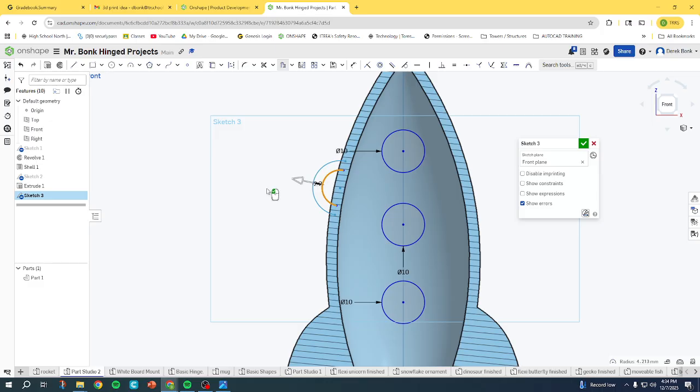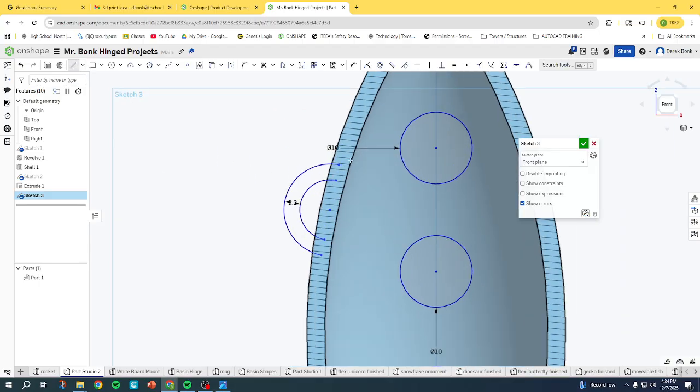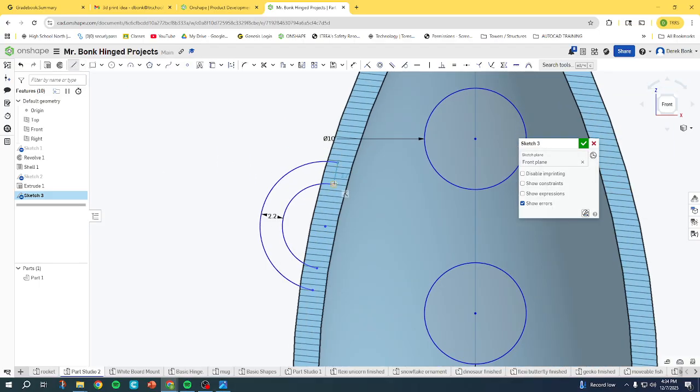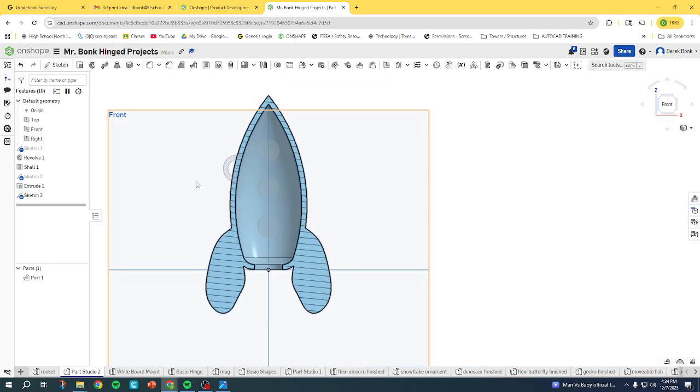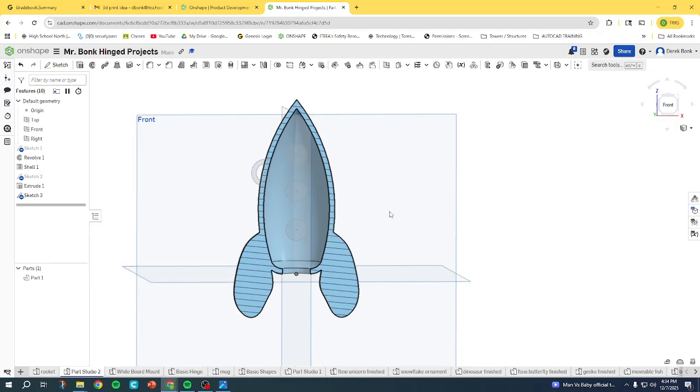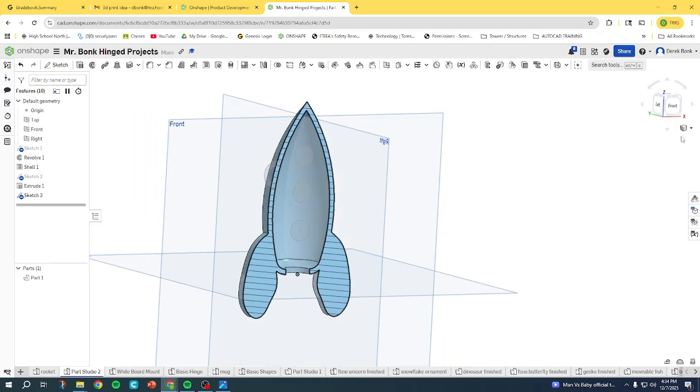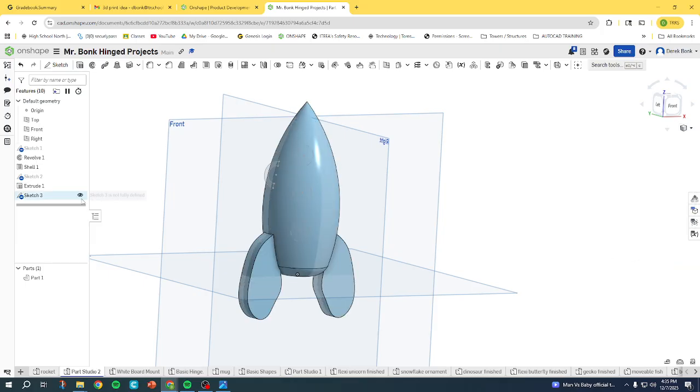Click the green check mark, or the left mouse button, which is where the green check mark was there. Hit enter. And then you have to just close the shape with a couple of little line segments. And you'll see it'll turn gray. So if we finish that sketch, I'll tilt this a little bit so you can see what's going on. I'm going to go back over here and turn off the section view so you can see what it all looks like. If I hit extrude,